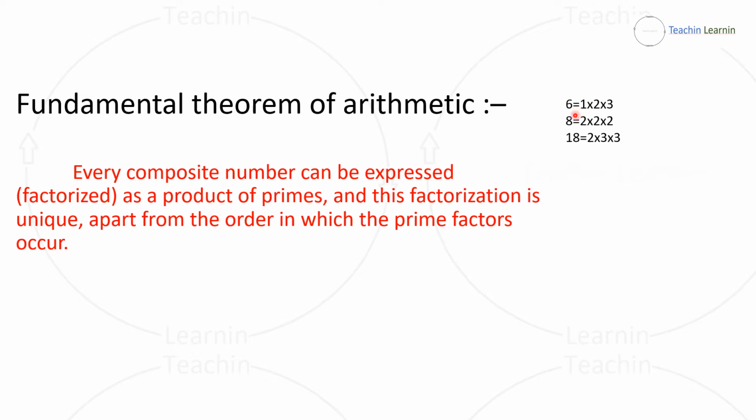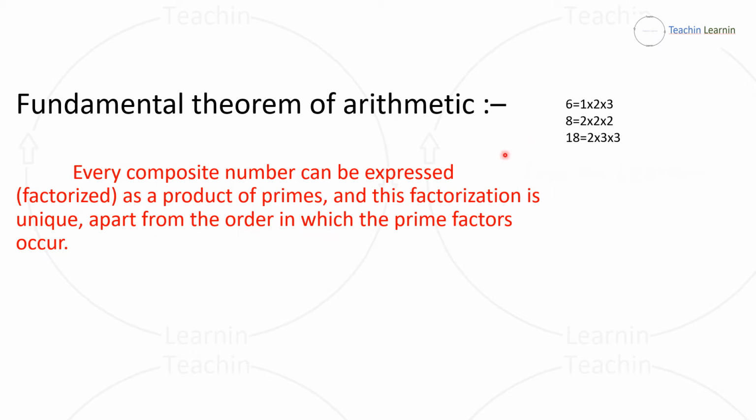So you can express any number as a product of primes. You can express 8 as 2 into 2 into 2, a product of primes. You can also express 18 as a product of prime numbers, 2 into 3 into 3. So this is the first part of this fundamental theorem of arithmetic, that every composite number can be expressed as a product of primes. Now, the second part is this factorization is unique apart from the order in which the